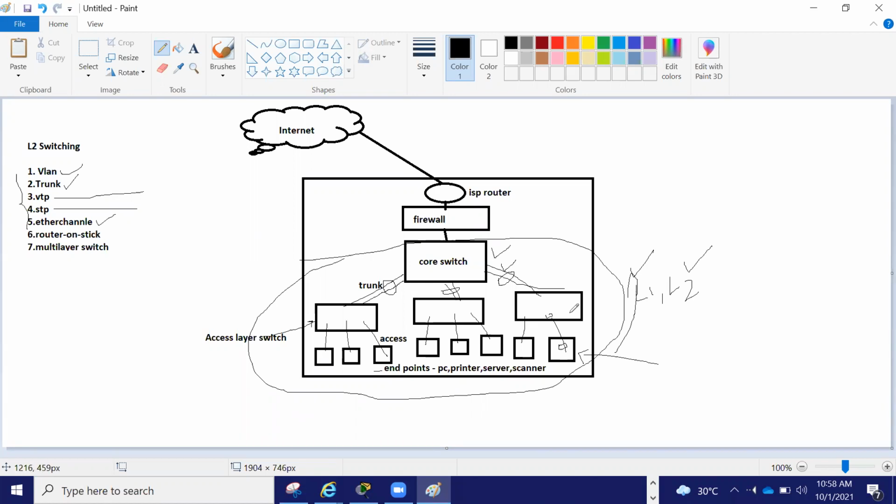Then suppose you configure a new printer. The desktop support guy will coordinate with the printer guys, the printer will come into your office, then the L1 guy will pull the cable from here to the switch, and the L2 guy will assign a VLAN to this particular port. So this is the coordination of two or three people. It is not a single guy. If you have a small organization, then fine, you are a one man show. But for a larger organization where you are going to work, this is the procedure.